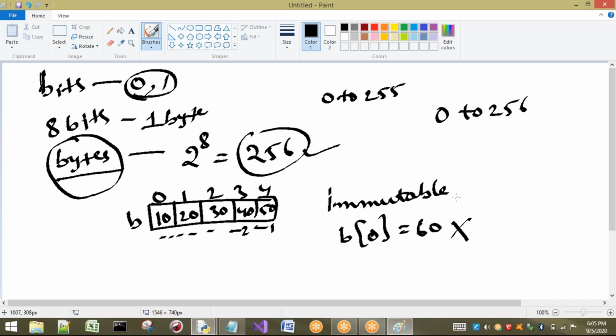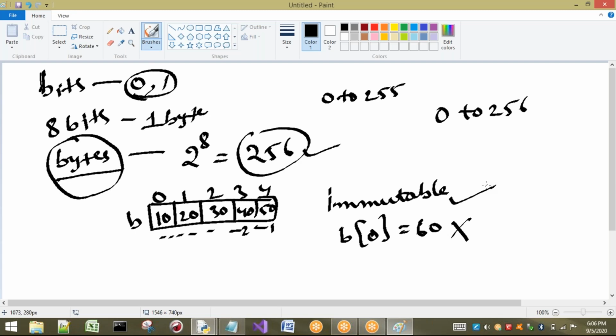The reason is that the bytes data type is immutable. That means once you create bytes, we cannot change its values. That concept is called immutable. If you want to insert that 60 element, we have to create a new location for that.